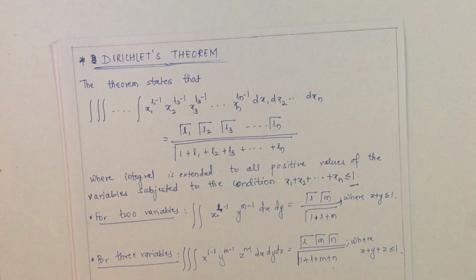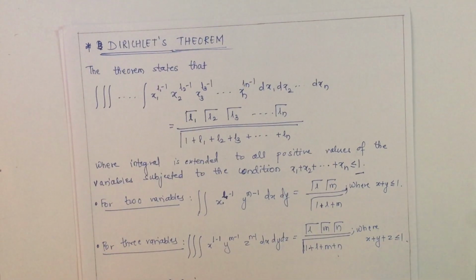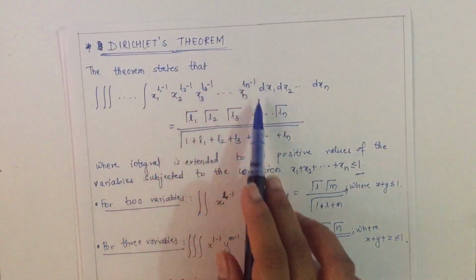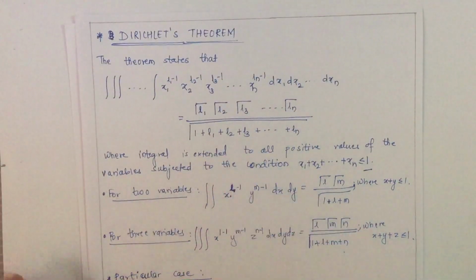Okay, so whatever you are given now, maybe you're given a double integral, or a triple integral. If you have some terms with some powers, or by substitution you get to this type of function, you can directly use this Dirichlet theorem, and by the gamma formula you can get the value.